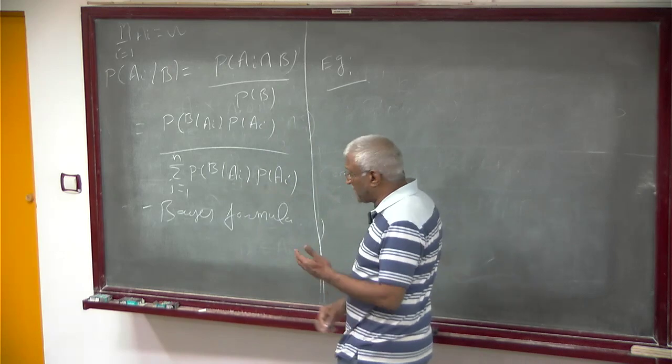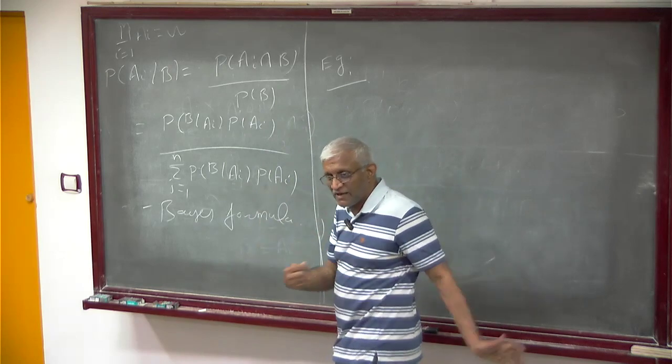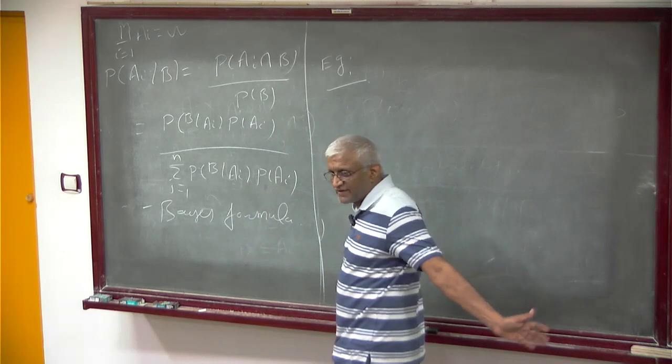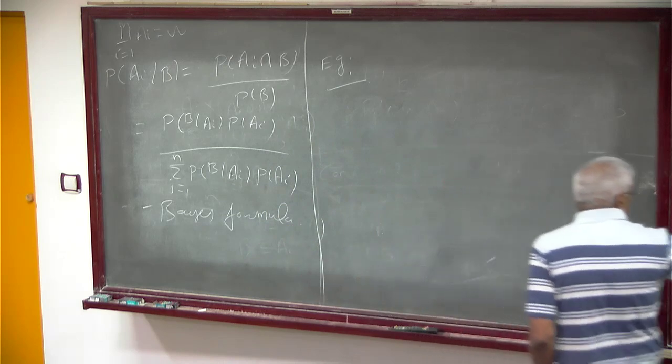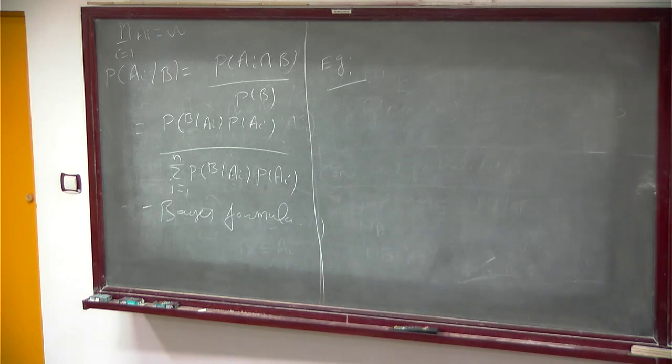I didn't write omega in all these examples, because that's a waste of time. We know what omega is, and you can write it if you want. For example, it's difficult to write out all the boys and girls. You need not list down all the boys or all the girls. Instead, you can write BC, BP, GP, GS. You can just consider 4 elements because you don't care about the individuals, it's only the group which matters. You can work with 4 elements if you want. That is the probability space, and each one has a probability which you can compute.